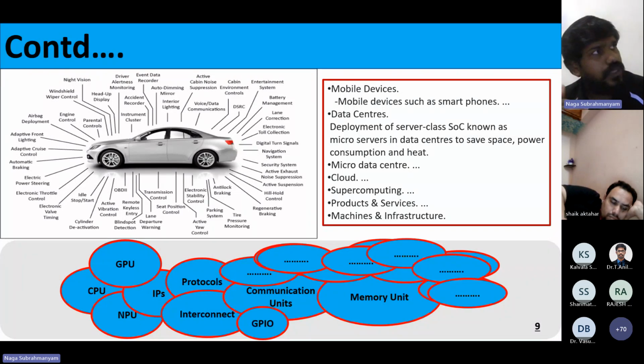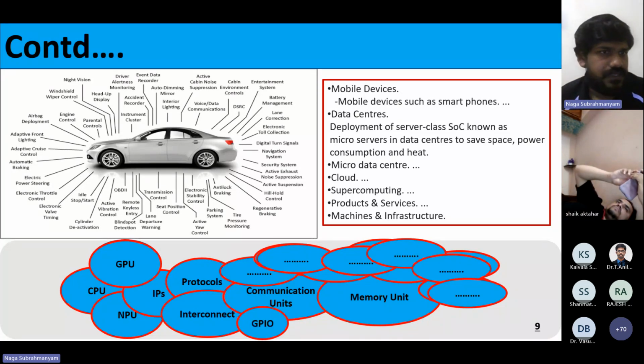If you want to increase the scope of your research, I suggest working more on the NoCs, because anybody can do the IPs. If I want one particular application design, I can try to design it using Verilog or SystemVerilog. But how this has to communicate with other things, that is the major part. I hope you understood the point.